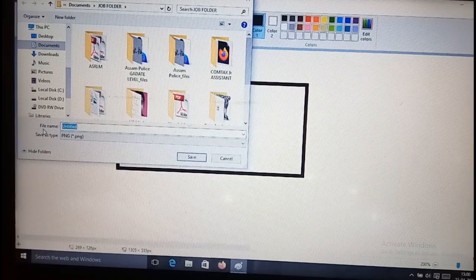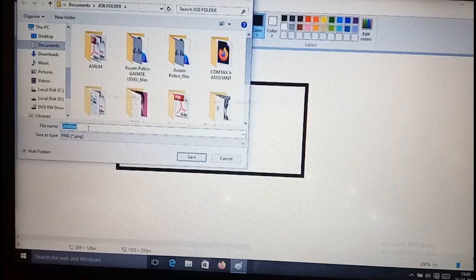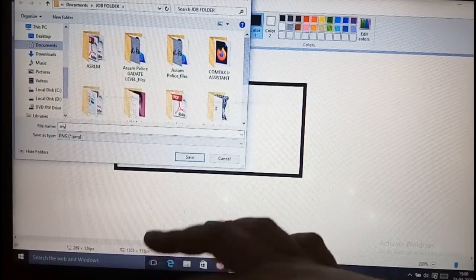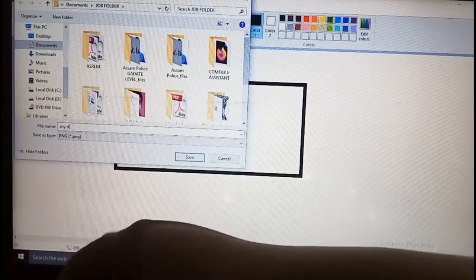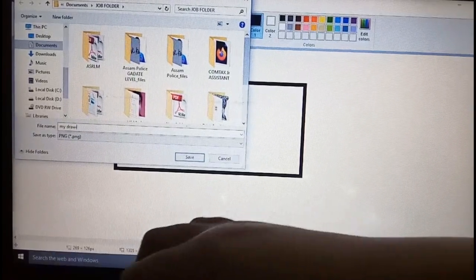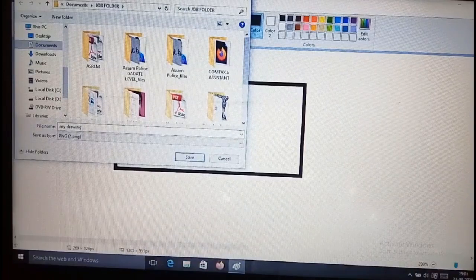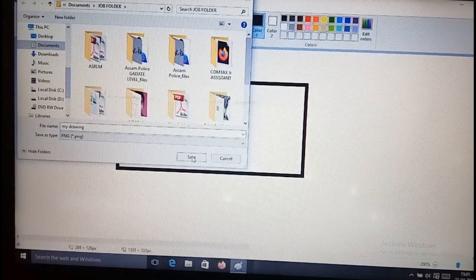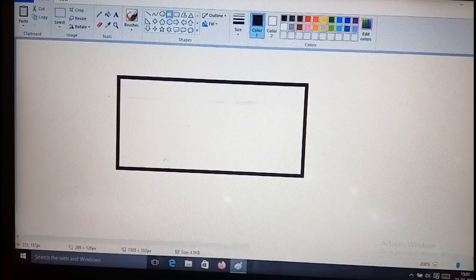Now you can see at the bottom in the file name box, you are going to write your file name, which you can write as my drawing. Now after saving your file name as my drawing, you can click on the save button, and now your image has been saved.